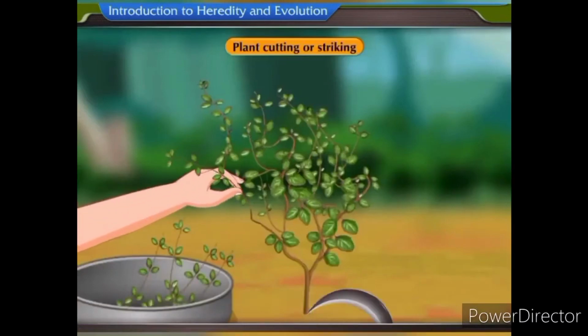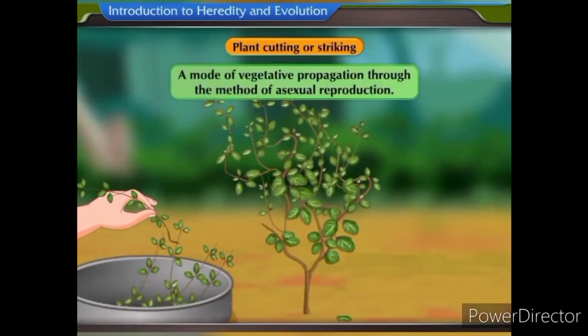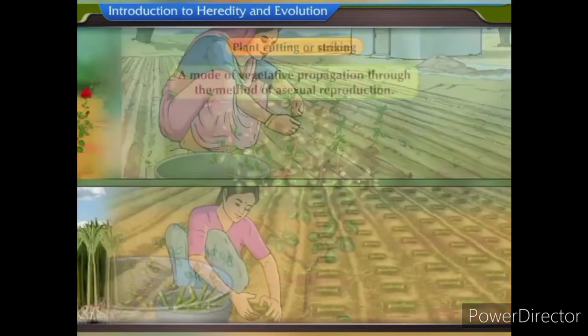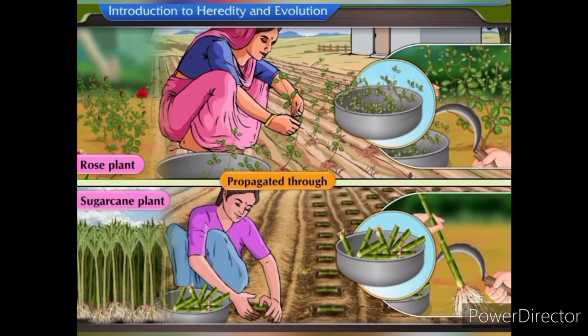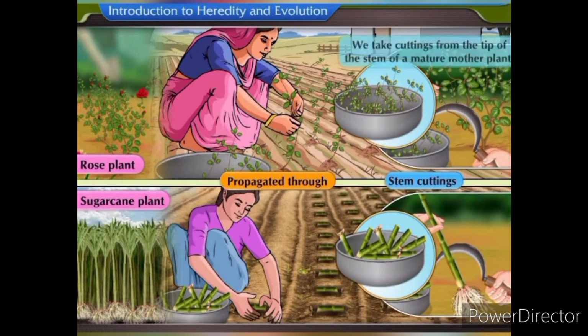Plant cutting, also known as striking, is a mode of vegetatively propagating plants through the method of asexual reproduction. The rose plant and the sugarcane plant both can be propagated through stem cuttings. In the case of rose, we take cuttings from the tip of the stem of a mature mother plant, while